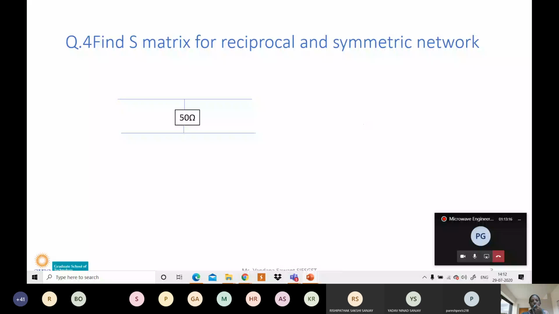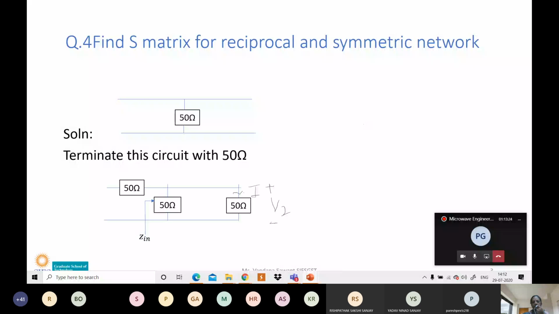Okay, so now we will do the steps. Terminate this circuit with 50 ohm. Termination means you have to use 50 ohm at the end point here, and similarly 50 ohm here. That is called terminations. Now, if you are terminating with this 50 ohm, the network will be like this. So all of you please draw this network and write down: terminate this with 50 ohm. The students who have already done it need not do it again; those who have not done it have to write it.